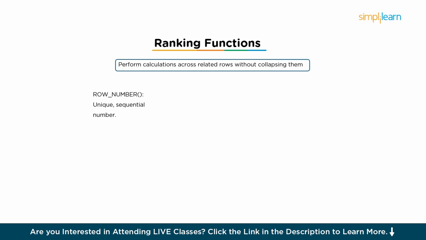RANK assigns a rank to each row, but if there are ties, all tied rows receive the same rank, and the next rank skips numbers. For example, if two items are tied for first place, they both get ranked 1 and the next item gets ranked 3. DENSE_RANK is similar to RANK. It assigns consecutive ranks without any gaps, even in the presence of ties. So if two items are tied for first place, they both get rank 1 and the next item gets rank 2. Choosing the right ranking function depends on how you want to handle ties,